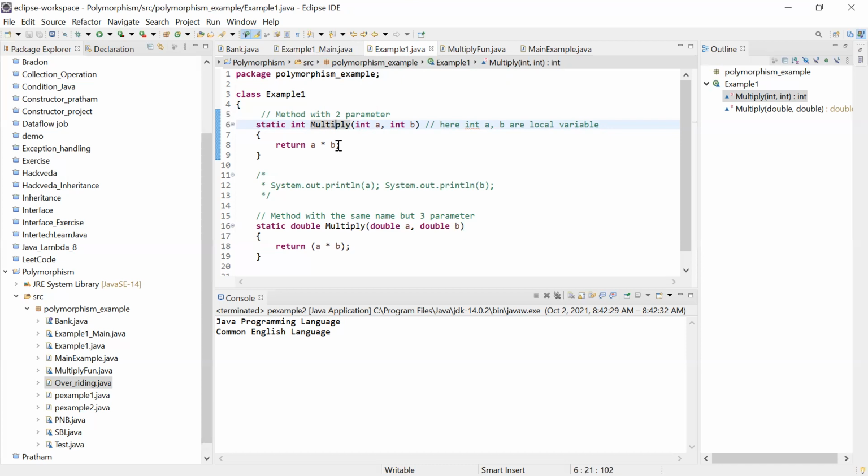Return keyword, why do we use it in a programming language? It is going to return the operation inside your RAM memory. Okay, so the return keyword is going to return inside your RAM the operation. What operation? It is doing multiplication between the two parameters a and b. Similarly, the other function is also doing the same, but they are double. Okay, so they will also return the multiplication between a and b, but in a double data type.